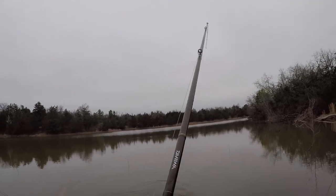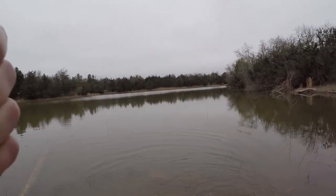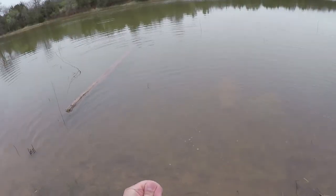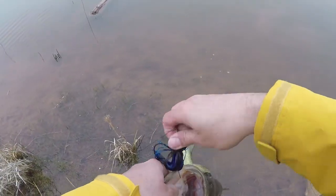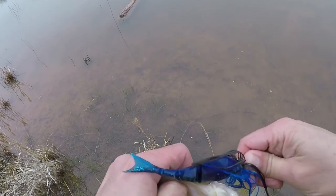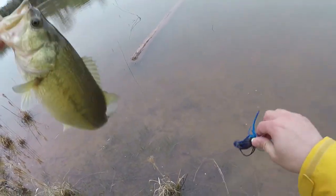Oh, shit. Man, you gotta be kidding me. Come on, dude. This is awesome. Shit. Oh, check this out. Come here, baby. These fish are not exactly just killing this bait when they hit it. It's kind of a subtle bite. Frankly, I'm not doing a great job of setting the hook on them, but it's an exposed hook, so